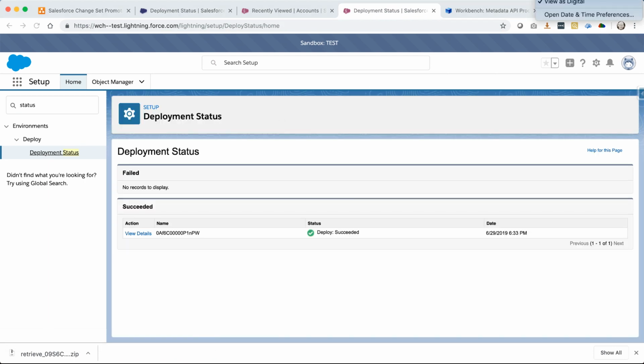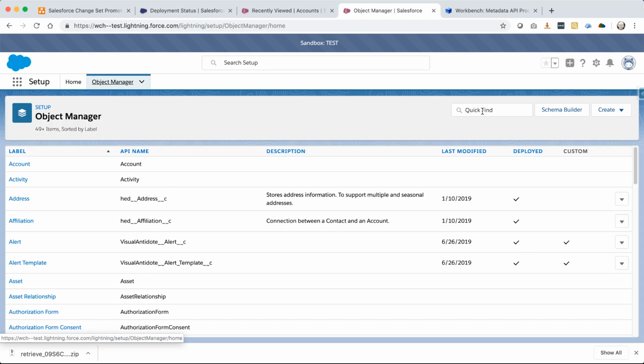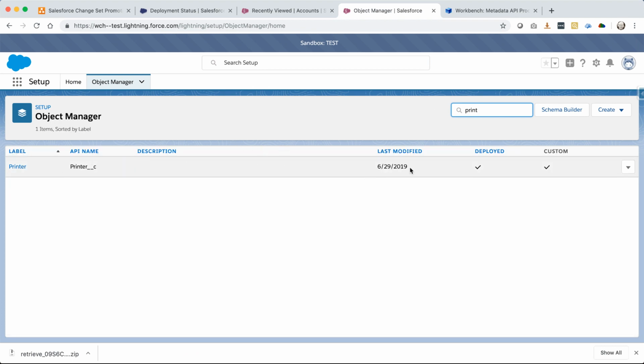So today is the 29th, and this is the correct one. Okay, so this succeeded. So if I look in the Object Manager, I now have the one that says printer. Perfect. Okay, so now when I want to move this change to stage,